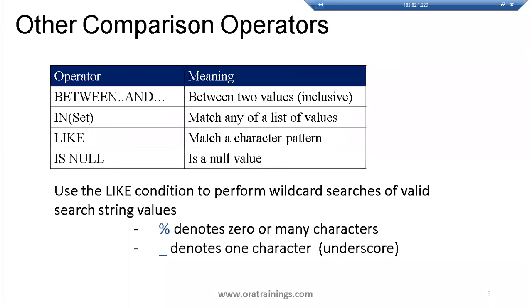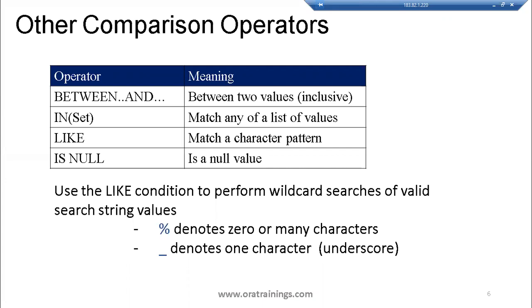Next one. If you observe, these are set operators, where you want to provide multiple values, like between, including a range, or in, if you want to provide a list of values. Like operator is for pattern matching, and is null: if you want to compare a null value, you have to use is null. And here there is a special thing. If you want to find a particular character pattern, you can mention percent for n number of characters, and underscore denotes a single character, using the like operator. Let us see one by one.